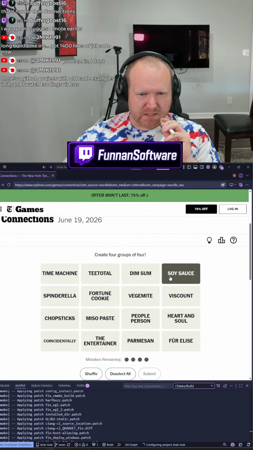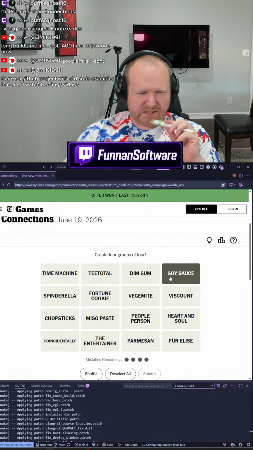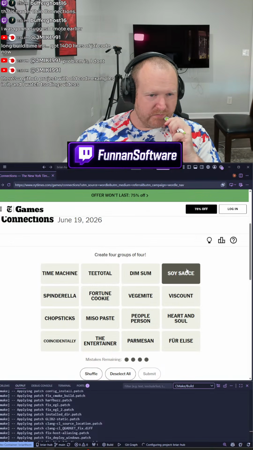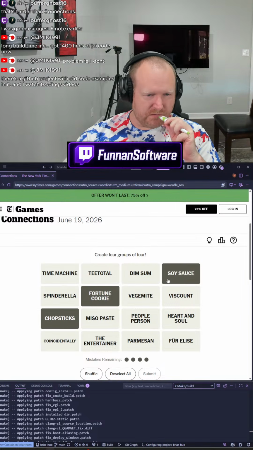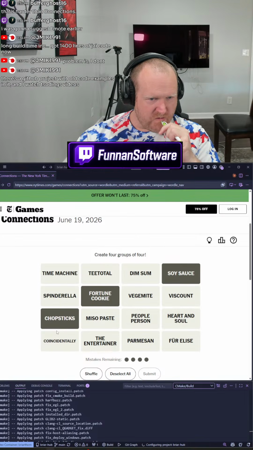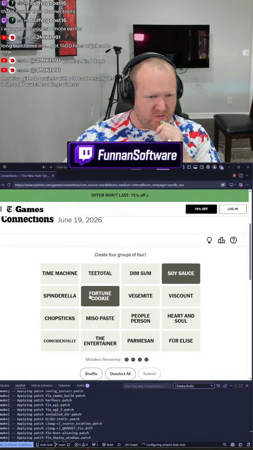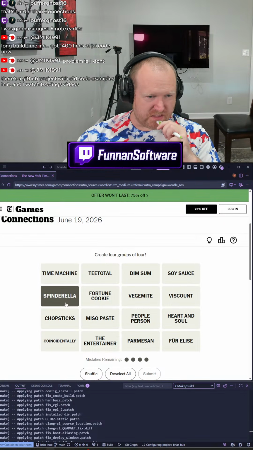Soy sauce is, I don't know, like a seasoning, a sauce. Is this like an Asian cuisine, or soy sauce, fortune cookie, chopsticks? No idea what this is supposed to be.